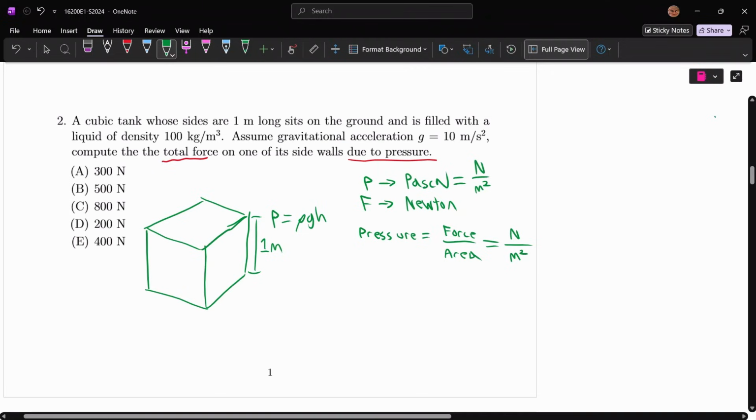Because if you look at it logically, the bottom of the tank is going to have more pressure than the top of the tank, because at the bottom of the tank you have all the liquid piling up on top of you and so squishing you. Whereas at the top of the tank you're on top of the liquid, so you're not being squished by the liquid. So the pressure at the top is going to be less than the pressure at the bottom, giving us a non-uniform pressure, which also means that the pressure is going to be different depending on where along this height